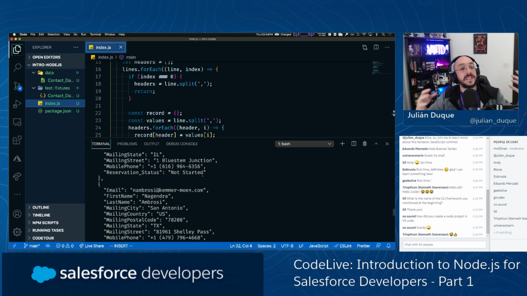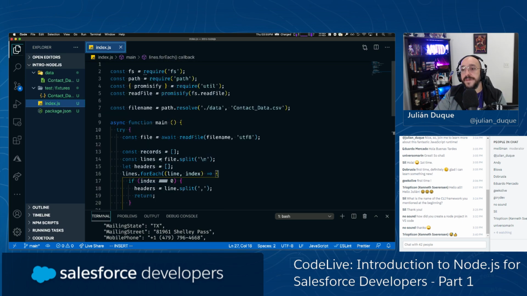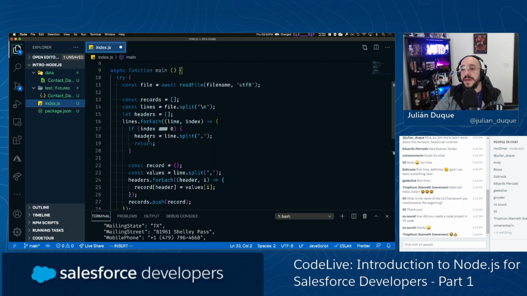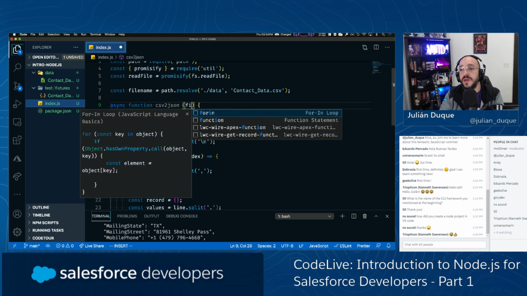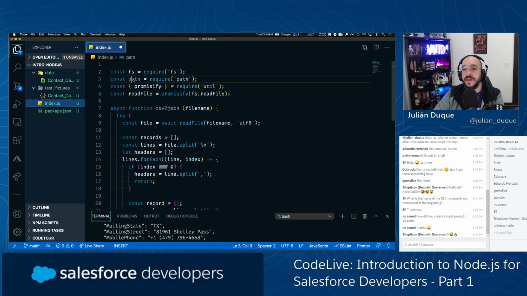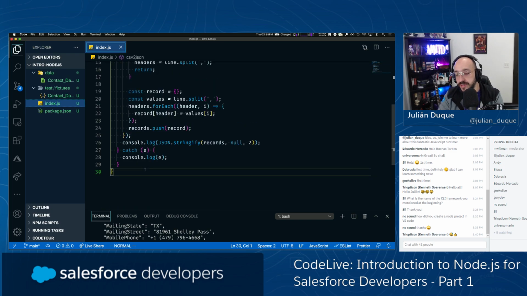So we will need to write this file into disk, or maybe create a module that we can test, that we can see if this is working as expected. So how can we turn this into a module? I'm going to show you. So let's rename this function to something called CSV to JSON, and it will receive the file name as an argument. So now we are receiving the file name as an argument. And how can we turn this into a module? We are going to export that function,